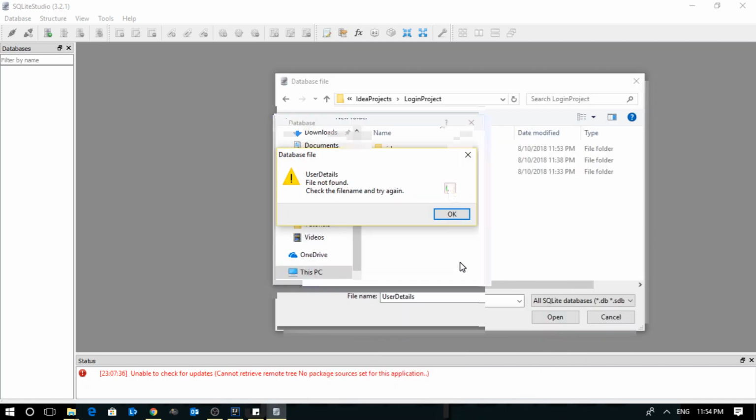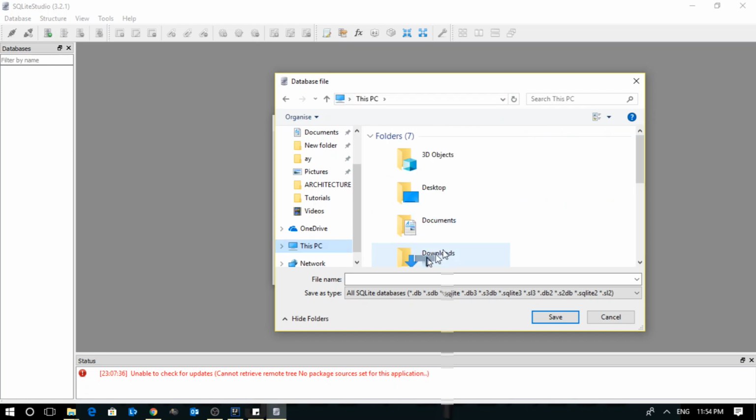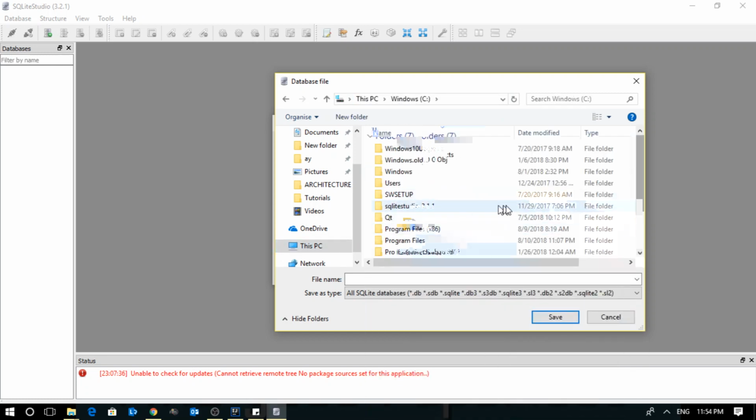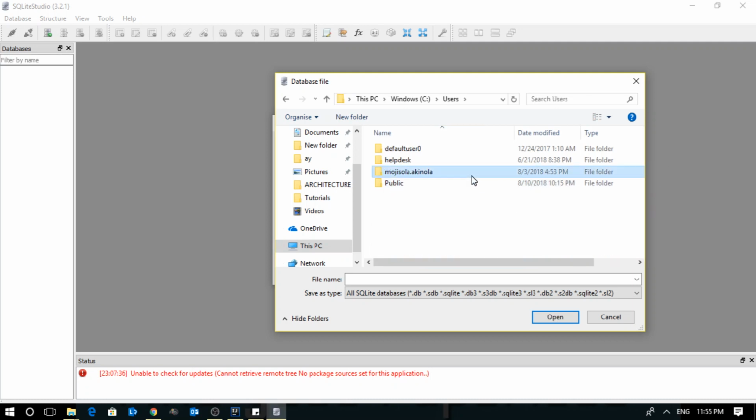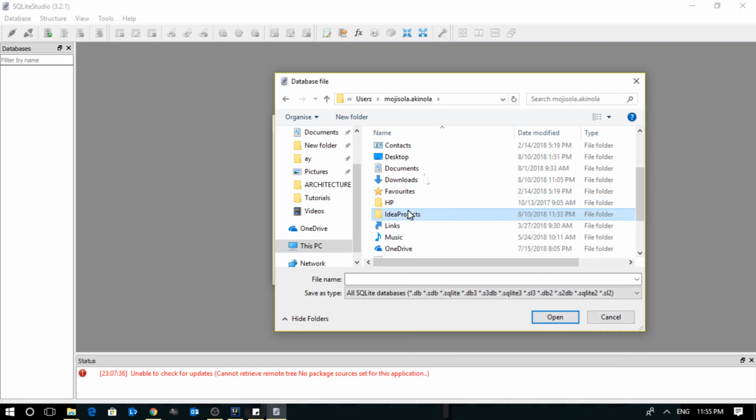Oops, cancel. I'm just going to do this. This PC. Basically, it's preferable to save your database in your project file for easy access. I'm just gonna name it user details